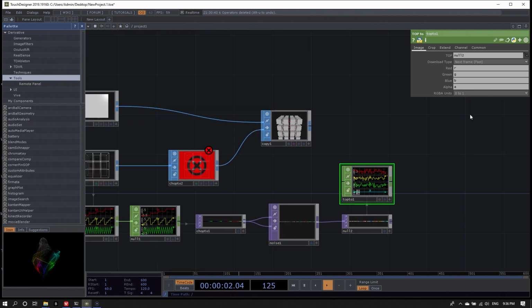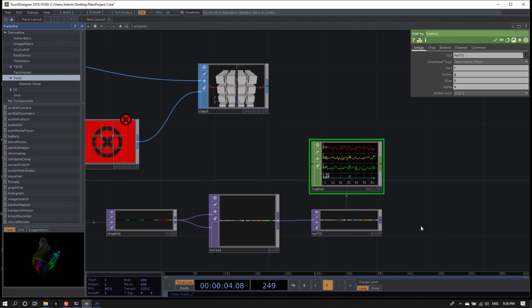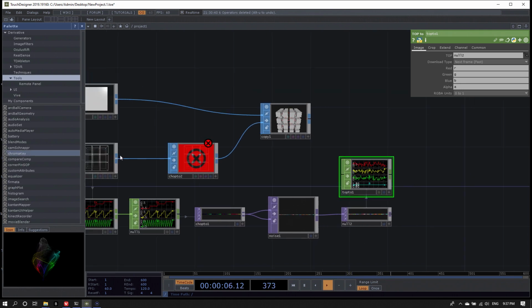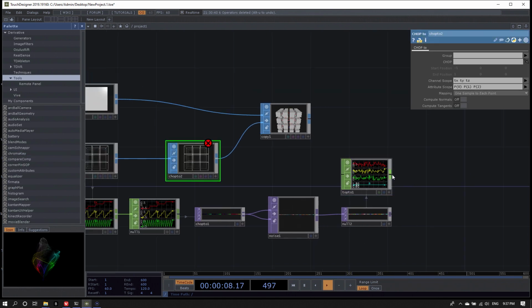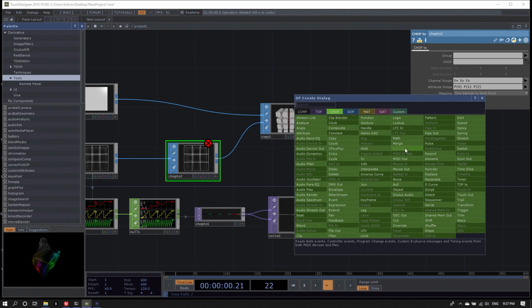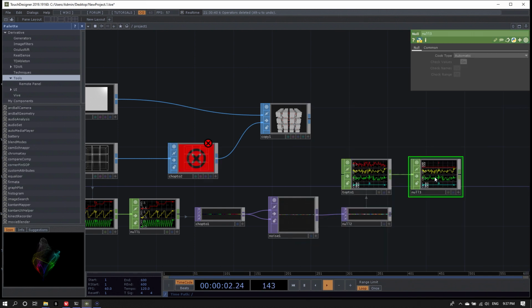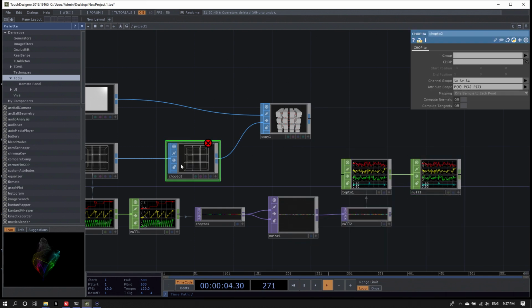Actually, I might need it, but yeah, sure, let's keep it in there. And then what I'll do is I'll reference this TOP to CHOP with the CHOP to SOP. So take this null and apply it to the CHOP to SOP here.